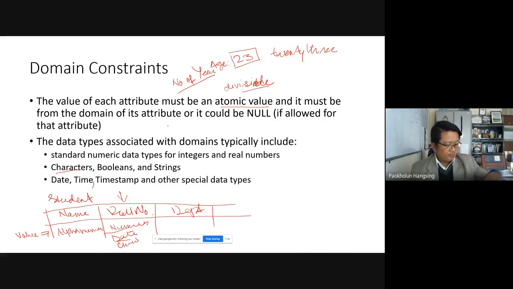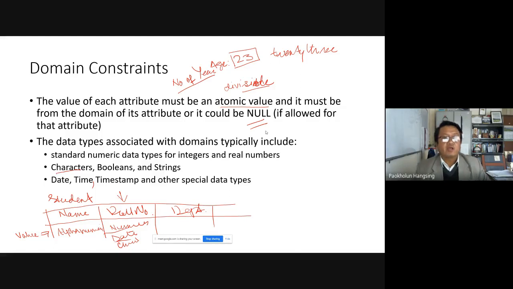Or if it is not from that domain, then it may also be a null value, that is, wherever null is allowed. For example, we said name of a student, roll number is not yet assigned because the student has just taken admission and assigning of roll number is yet to be done. Then we may allow that until the roll number is given to the student, that value where roll number is supposed to be can be a null value because the information is not yet available.